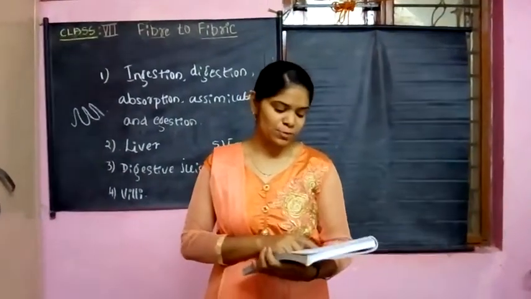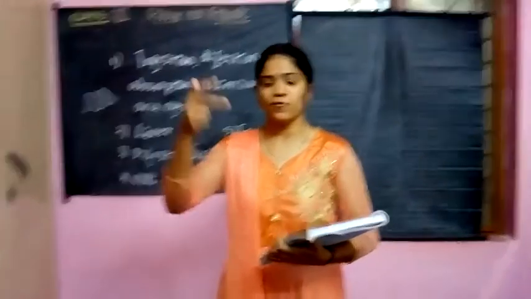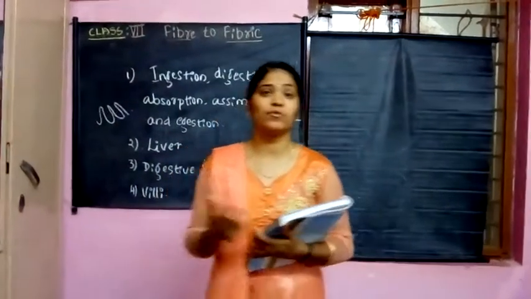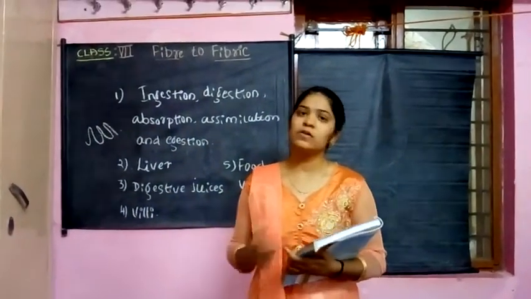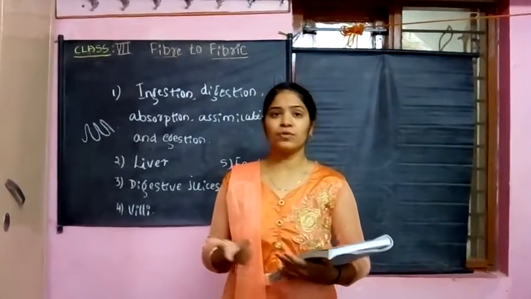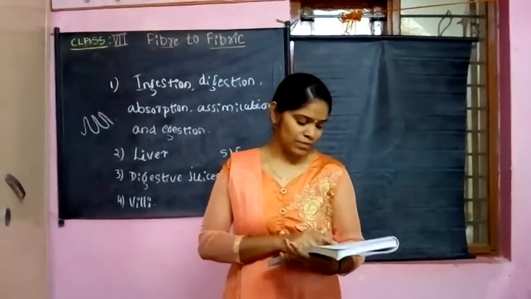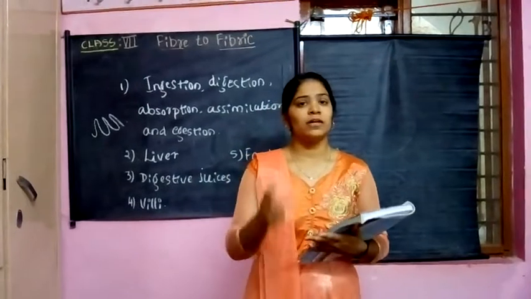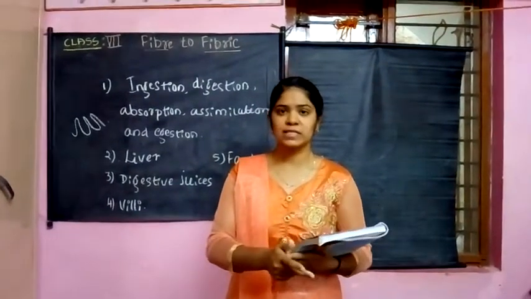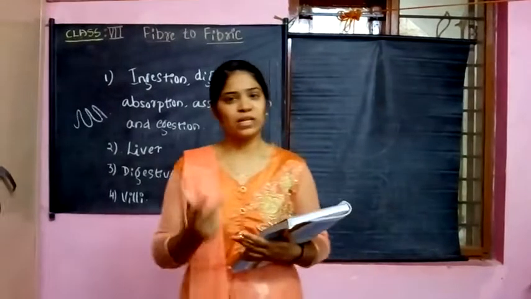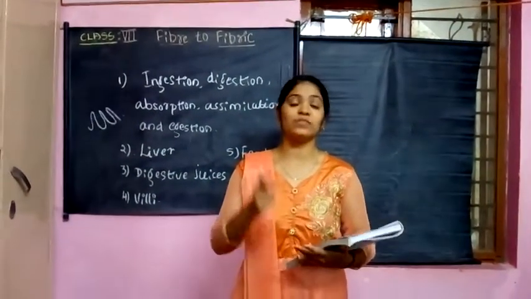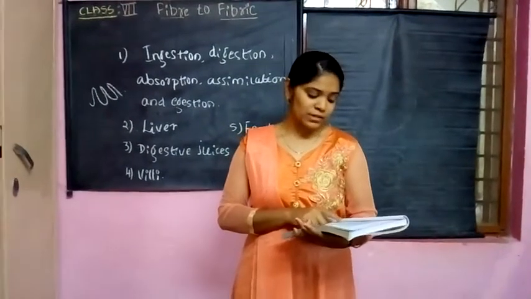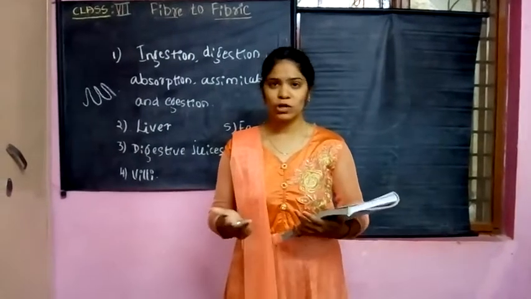Ninth question is, which part of the digestive canal is involved in the following processes? The first one is absorption of food. Absorption of food takes place in the small intestine. Chewing of food takes place in the buccal cavity. Killing of bacteria takes place in the stomach, because it produces hydrochloric acid as well as a digestive juice which kills the bacteria that come in with the food materials. Complete digestion of food takes place in the small intestine.